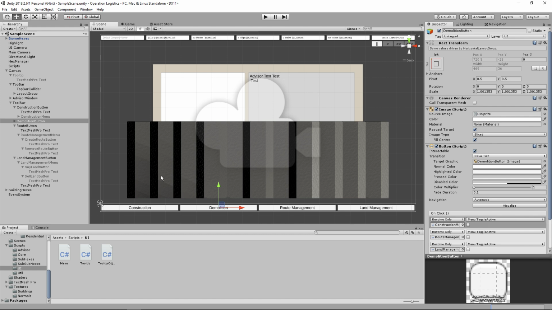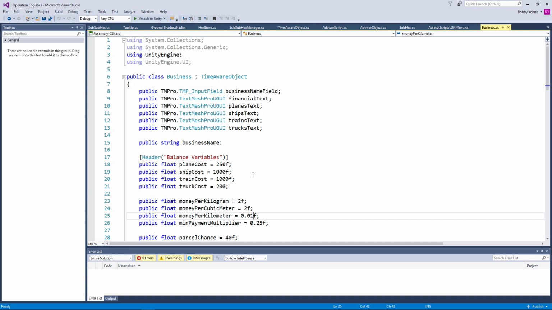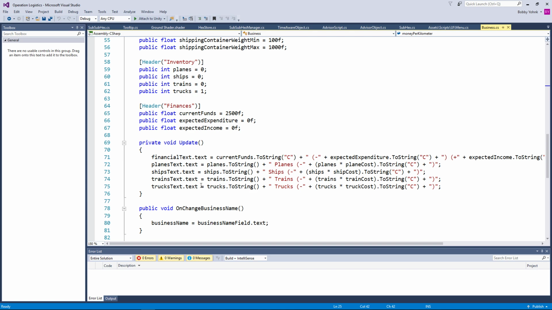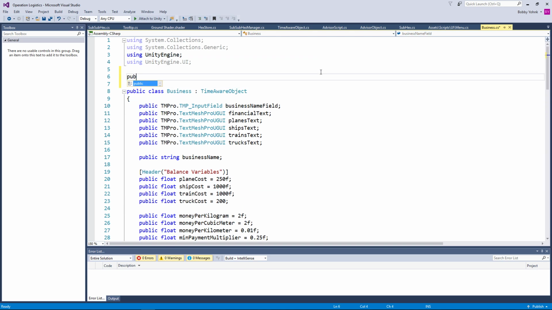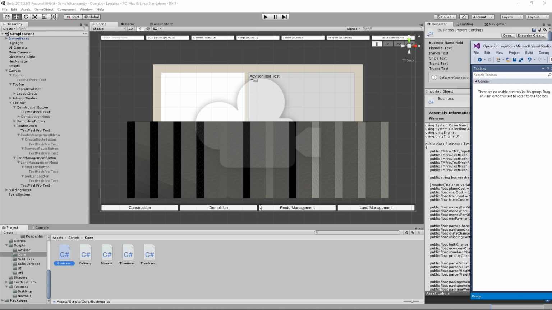Well, I think what is next is actually implementing some of these things. So we can go ahead and we know that our business script is basically going to be running everything. And it's a time-aware object. We should basically run things from the business script. So I'm going to go ahead and create a public enum, and this is going to be the current mode that we're in. There will be several different modes, and those modes will be, I mean, basically these things here,